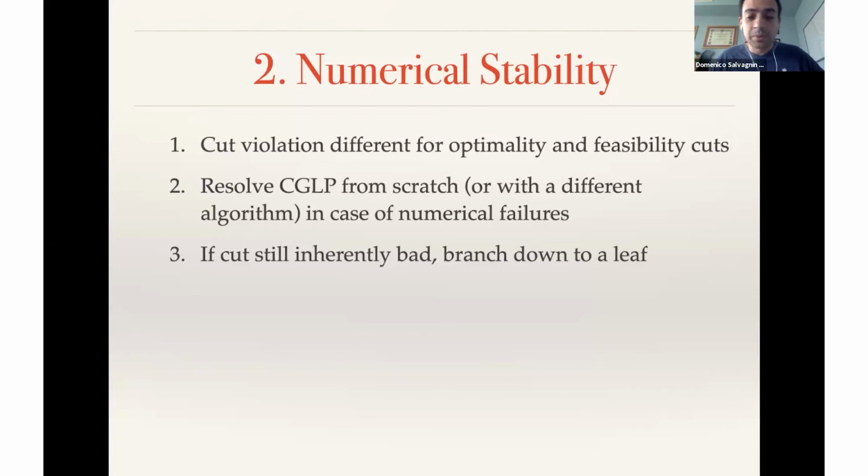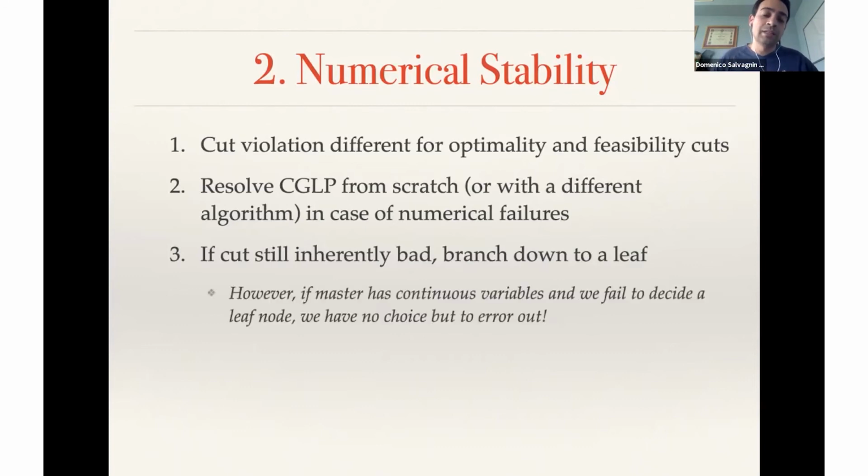And this helps because once you get to a leaf, even if you're not able to add the cut, you can still throw away the node without losing correctness of the method. Of course, this is not necessarily effective because this branching is not very intelligent, but still, it allows you to continue without erroring out. There is still one case that we cannot properly deal with, and it is the case in